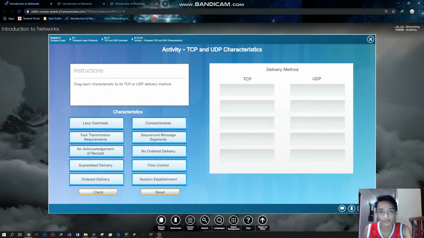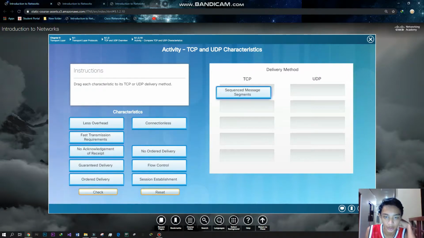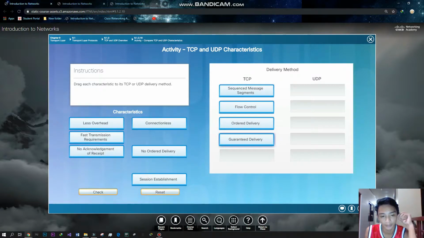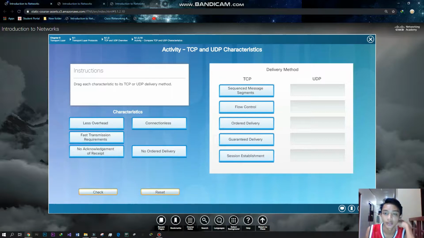Okay, so for TCP, let's see, we have the sequence message segments, the flow control, ordered delivery, the guaranteed delivery, and session establishment. So for UDP, let's say it's connectionless,